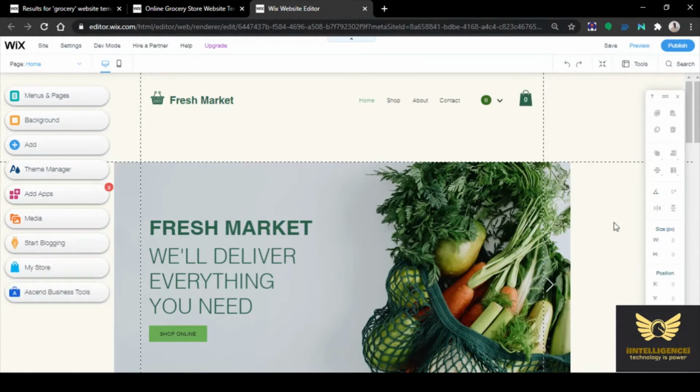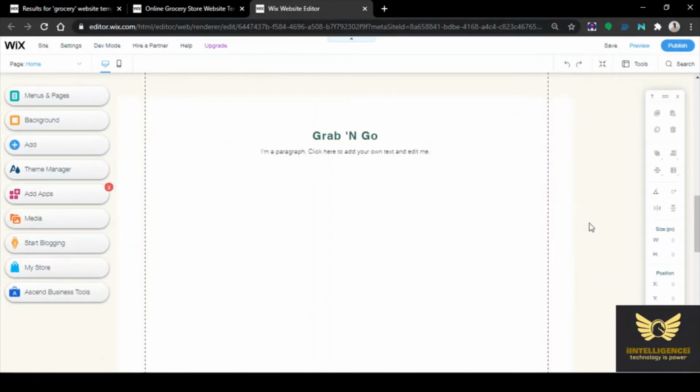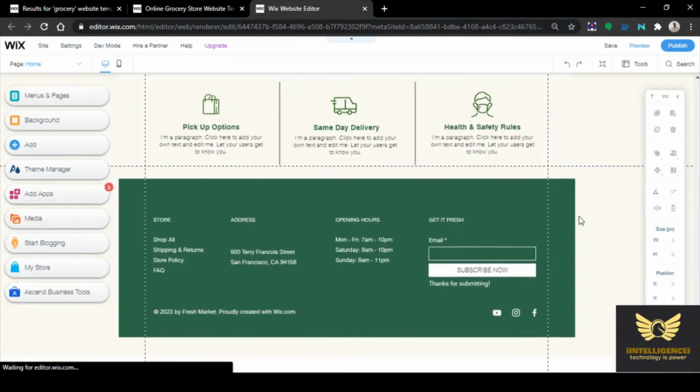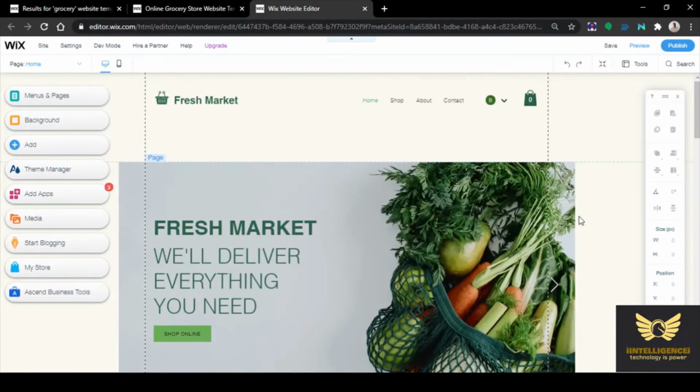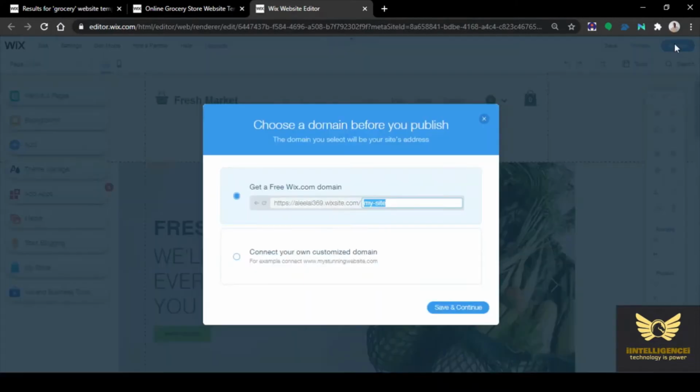So this is the website that we have opened in the editor. So click publish. So here are two options. One is you can have a free wix.com domain, or you can connect with your customized domain.